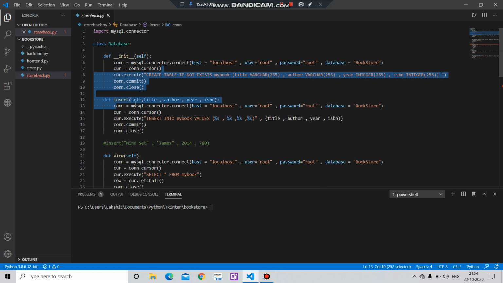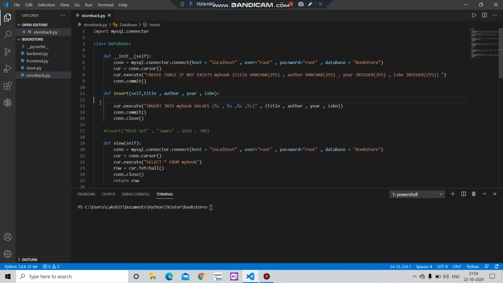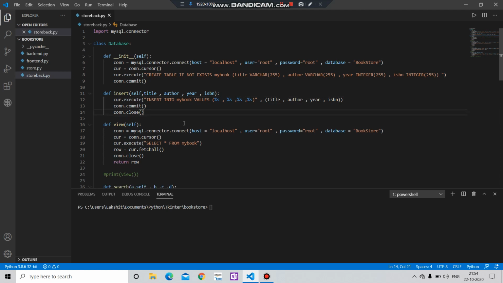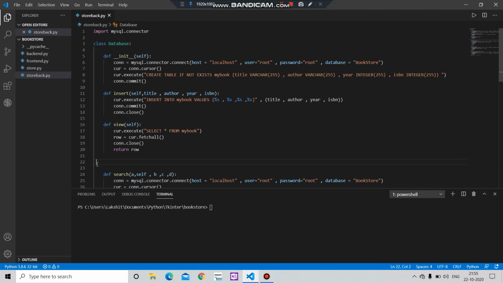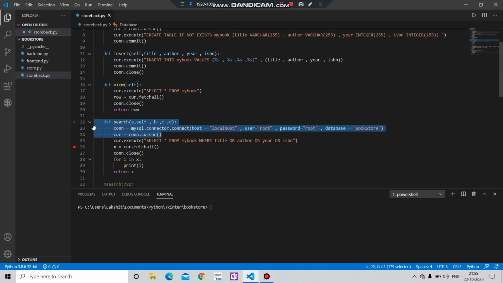remove this connection from each particular function. For that, you have to remove this close connection from here in the init function, and then you have to remove it from every function, the view function. Let me remove this print line also, the search function,